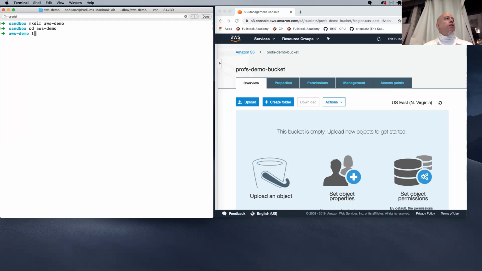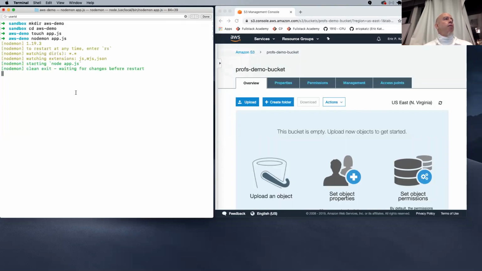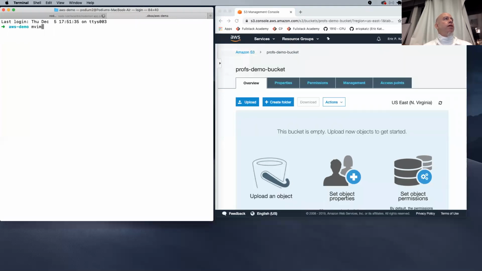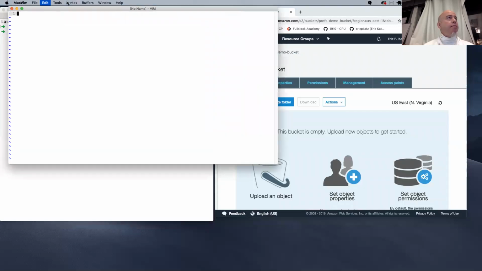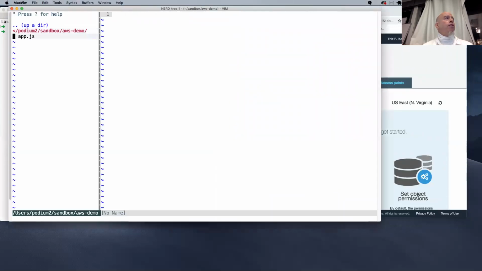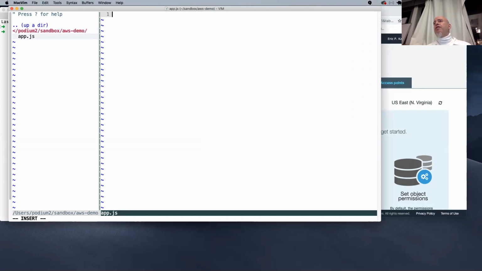Let me just touch app.js. I'm going to do nodemon app.js. And I'm going to end up opening up this over here. And what I'm getting at here is that I'm going to start out by, every time that this runs, creating a file name. And so I'm going to say, well, here's a random number,